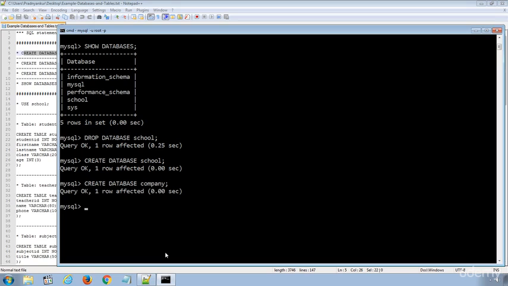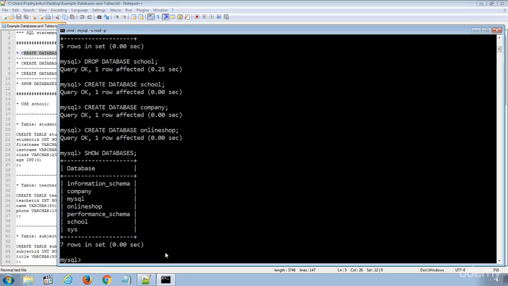Again upper arrow key and this time Online Shop. Let's see if the new databases are created successfully by using the SQL statement show databases. And sure enough, we have all 3 databases named Company, Online Shop and School